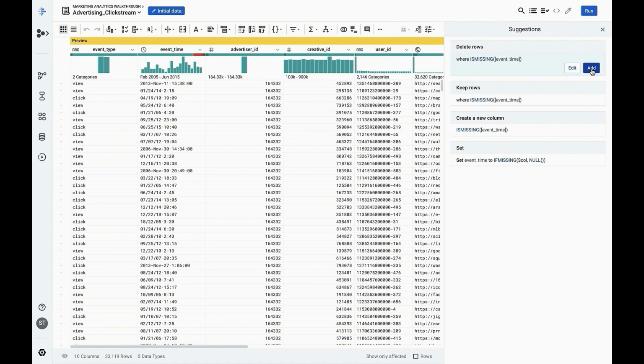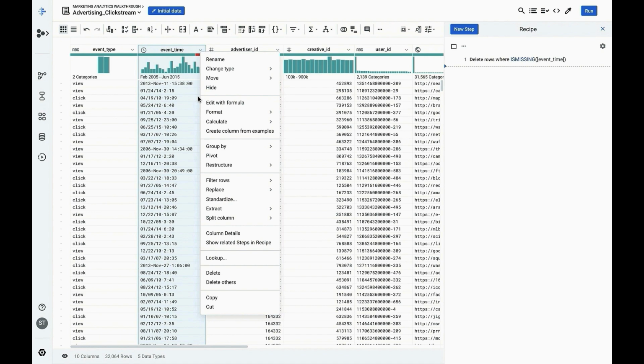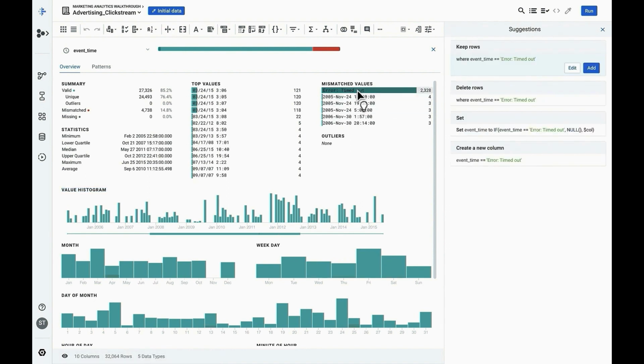Using clicks, rather than code, I can select and apply the most appropriate transformation and address data quality issues in seconds. This dataset still has some mismatched values and requires additional data transformations. To accomplish this, I can zoom in and see more detailed profiling. Here, I can see a breakdown of mismatched values separated by frequency. The data transformation suggestions I'm seeing here are intuitive, and will change depending on the particular data I'm trying to